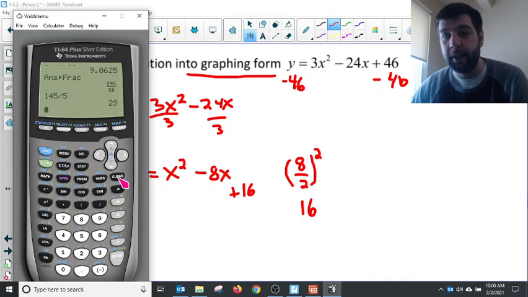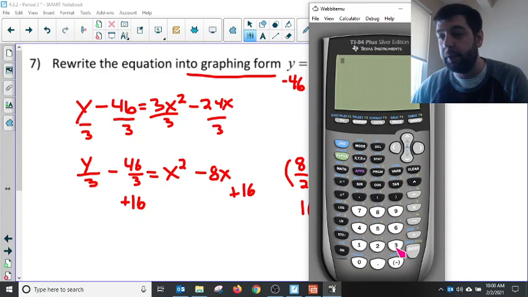And nope, it's not still there. So I'm looking to do -46 divided by 3, and I want to add 16 to that. Okay, and the